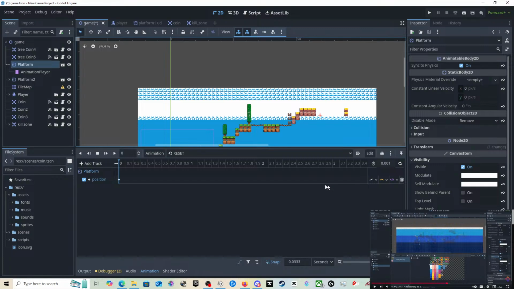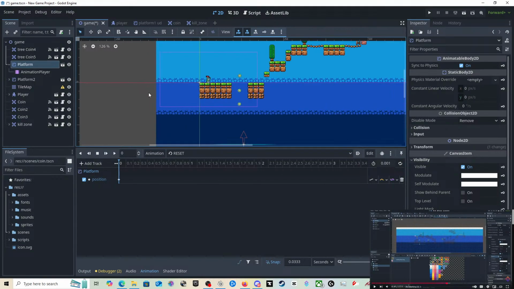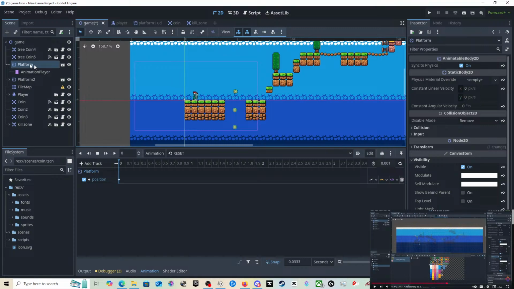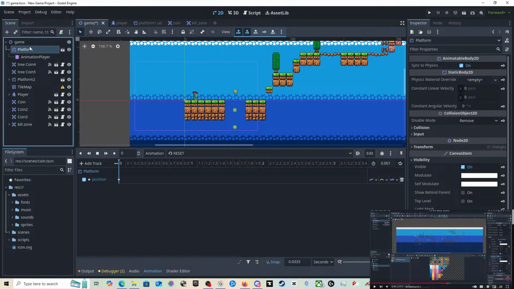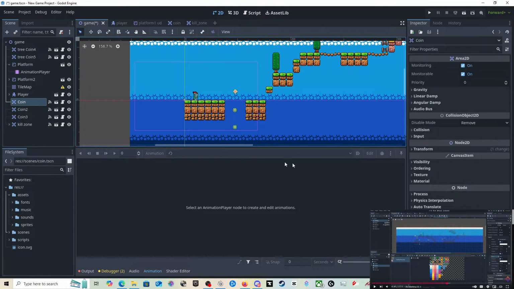We need to change the platform because we can't see. It's not that. I can't remember how to do it. Everything else is in the foreground. Even the coins are all up front.